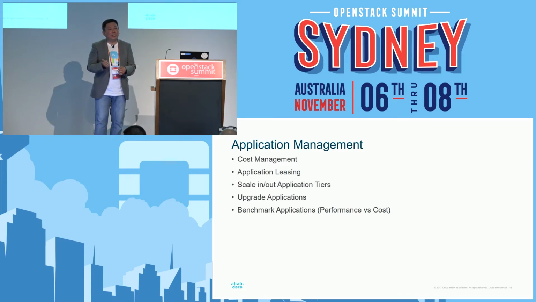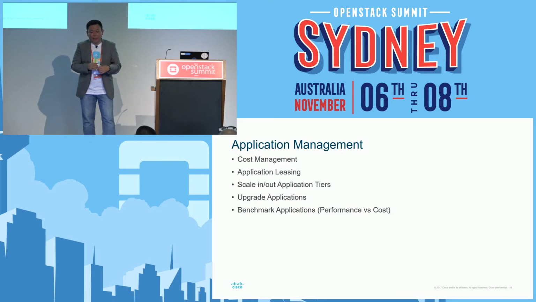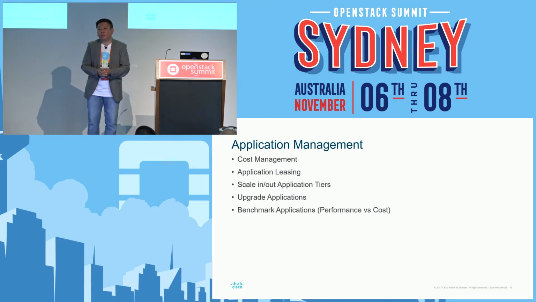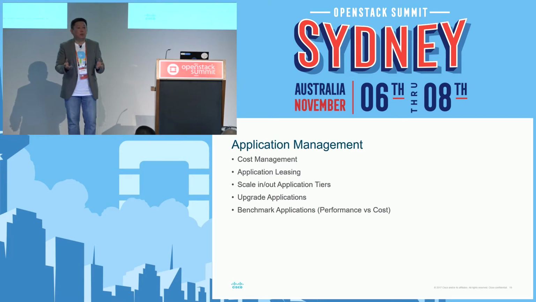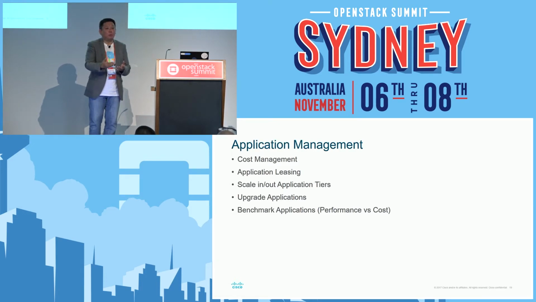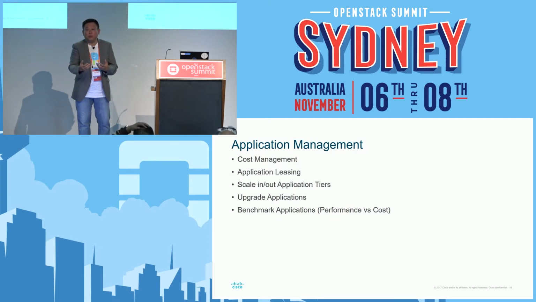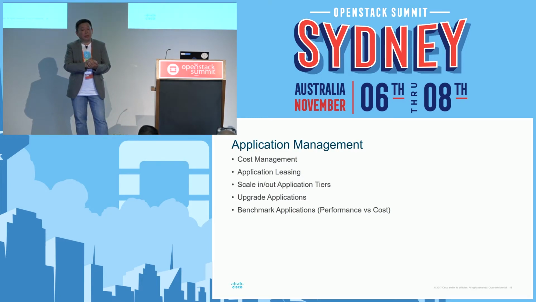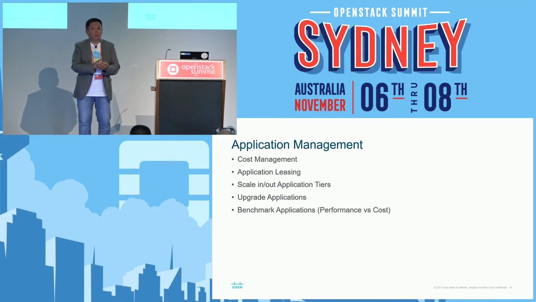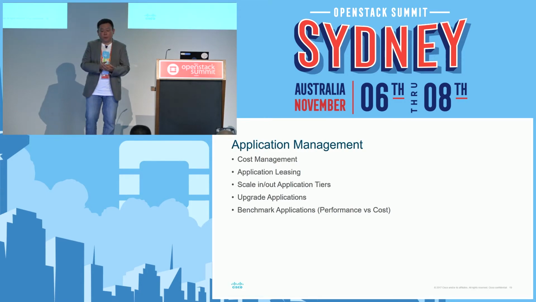The other thing is application leasing, right? Being able to lease applications to a particular group of people, right? So developers could run projects for 6 months. Why let them keep the virtual machine or instance for like 12, right? So you actually set maybe 8 months if they run the projects for 6, and then you auto-terminate the stack, right? So it makes it easier to manage. Rather than go and beg for the resources back, you set it and let them know you can't keep it past that. Automatically, they get emails. They can come back and renew it if they have to. But environments should be refreshed as fast as you can, right?